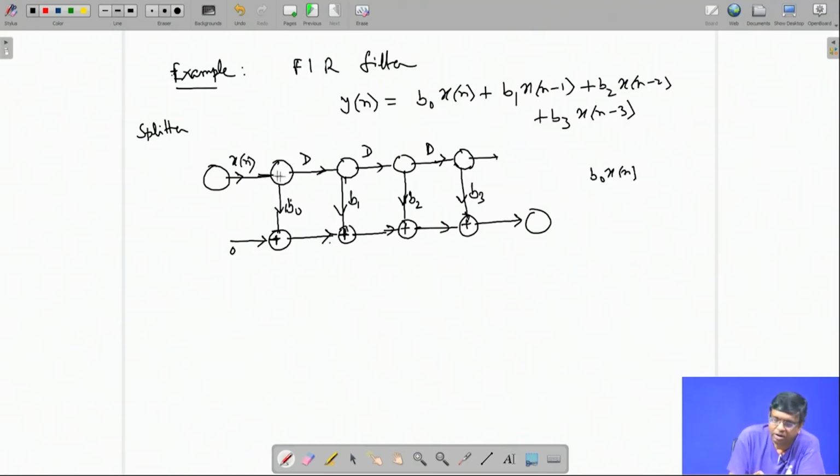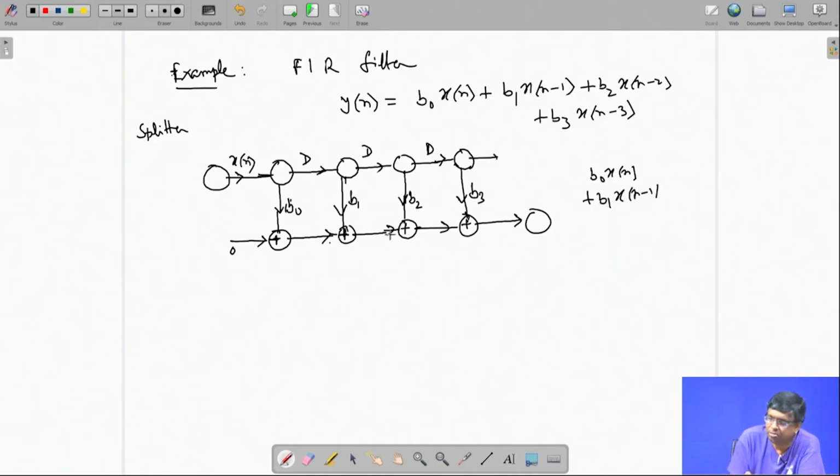here. Now xn coming out of this node in this direction also, because this is a splitter node, that is getting delayed by one cycle. So xn minus 1. This is again a splitter node, this will come in this direction multiplied by b1 added with this. So I have got,